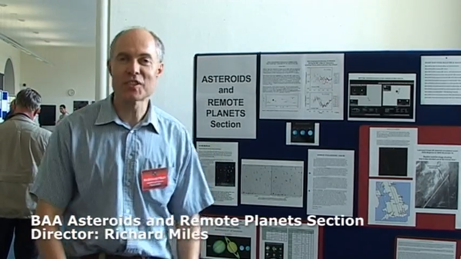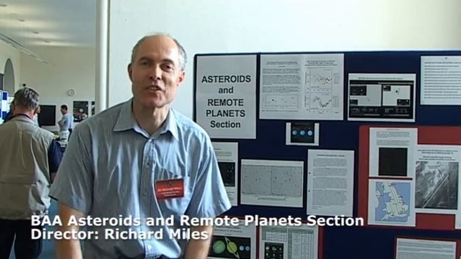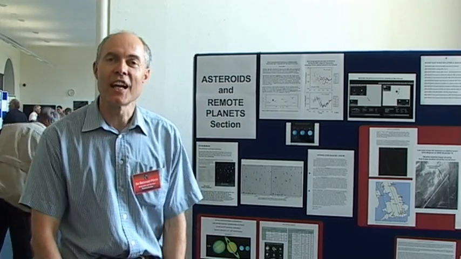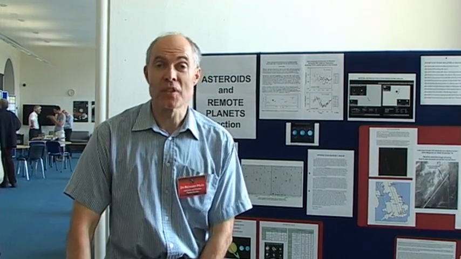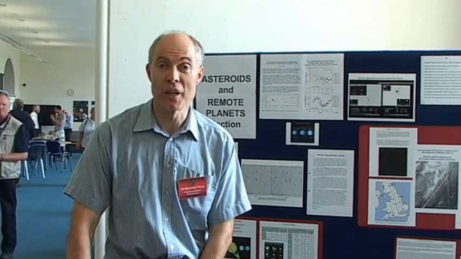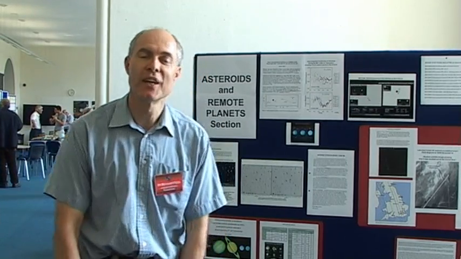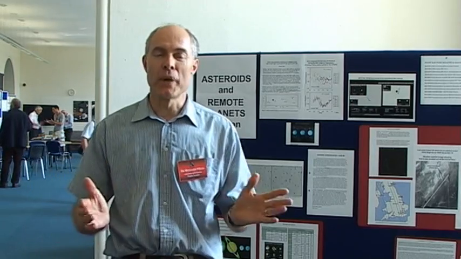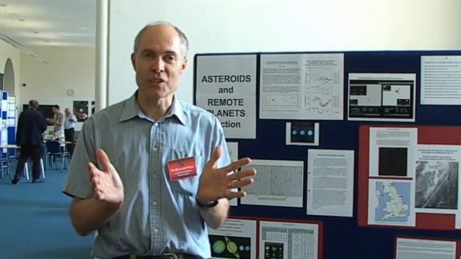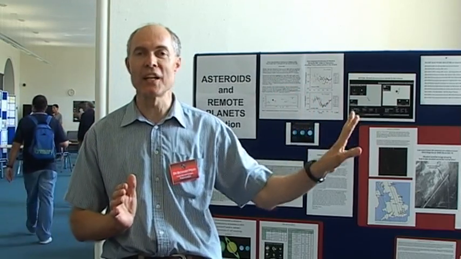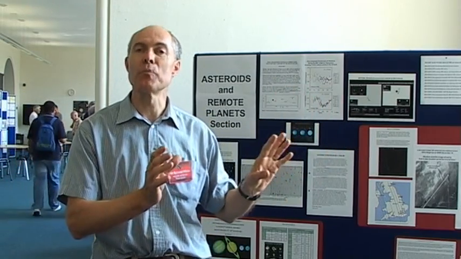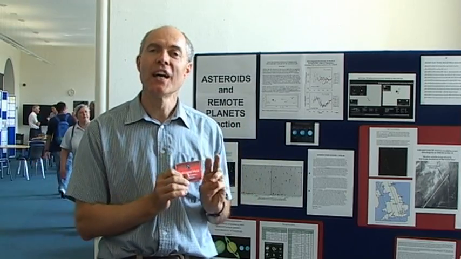Well, here we are. This is the Asteroids and Remote Planets section, part of the BAA. It's one of the areas of astronomy that you could be doing yourself because there's lots of possibilities depending on what you're interested in. Asteroids, of course, cover all manner of objects, just main belt asteroids. Other objects are much further away, which are sometimes called dwarf planets, out in the trans-Neptunian belt area, and Pluto is